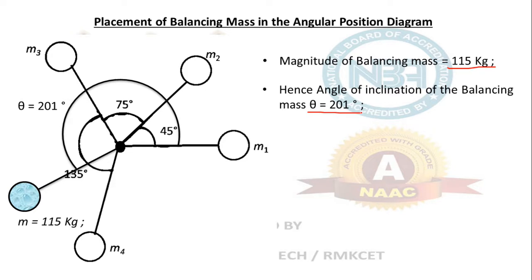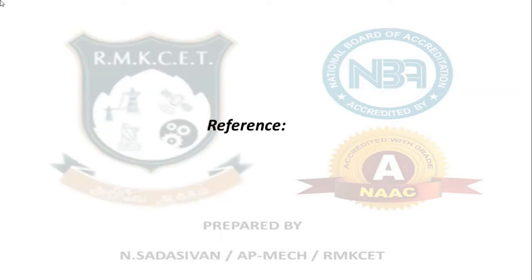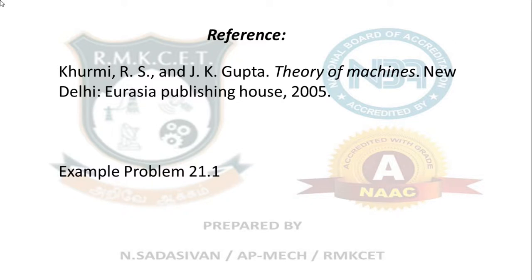So from today we are going to solve only graphical method problems. The next problem we are going to see is a dynamic problem. Only one static problem I will solve. Static problem will not come in exam. It is not really important. It will come in small problems, some 6 mark or something like that. Dynamic problems involve space between the masses. They are not lying on the same plane. They will lie in different planes. So that is a dynamic problem. The procedure is almost similar. Don't worry. So that is the end of your first problem. This is taken from your Kurmi textbook, example problem 21.1, first example problem.